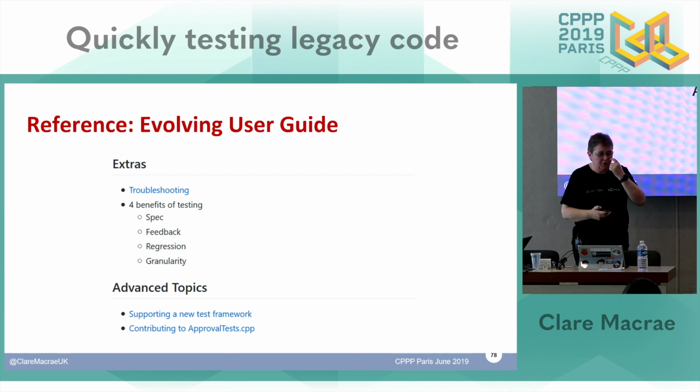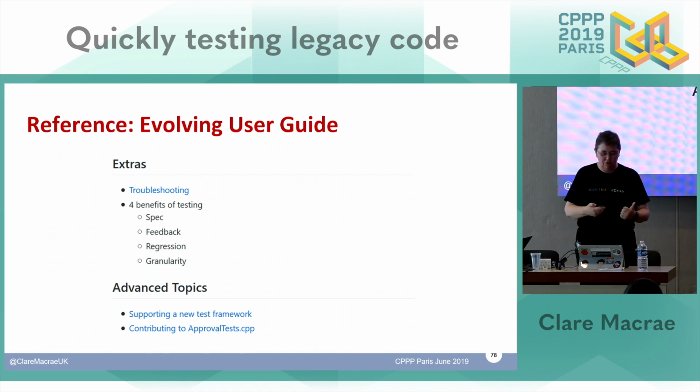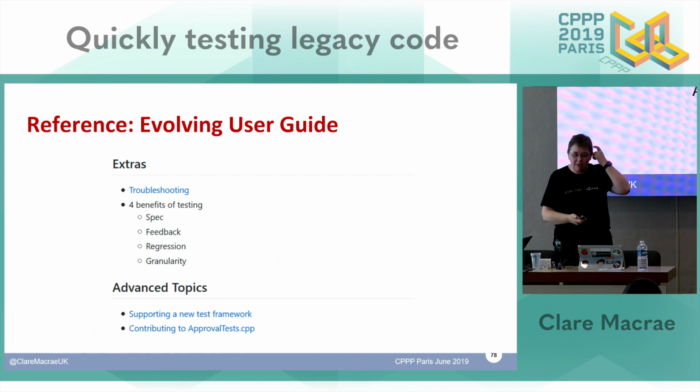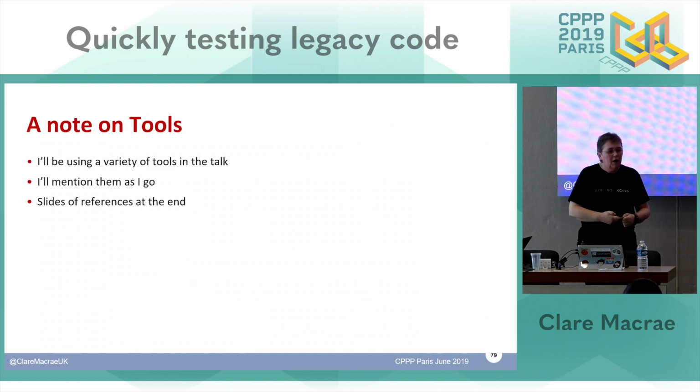And then right at the very bottom, there's troubleshooting, what you need to do to support a new test framework, which is very little, and should you wish to contribute to approval tests as well. Spoiler, the shortcut is we'd love to pair with people who want to contribute. So our default isn't submit a pull request, it's talk to us about what this can't do and what you need it to do, and we'll pair with you and try and help you implement it together. That way we learn more about uses of the library as well. I mentioned a few tools as I go along, and right at the end there's a slide of references.